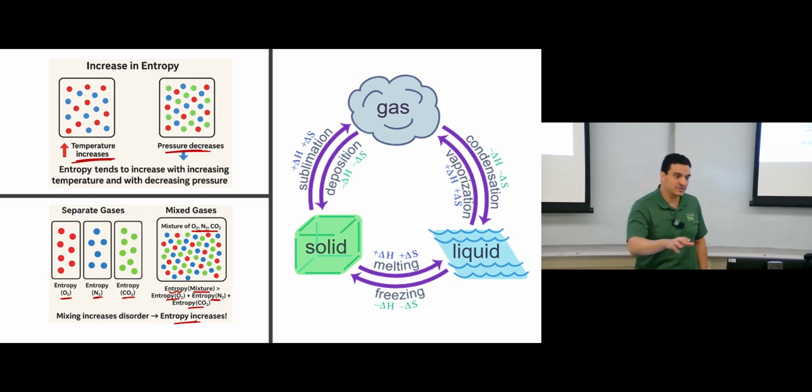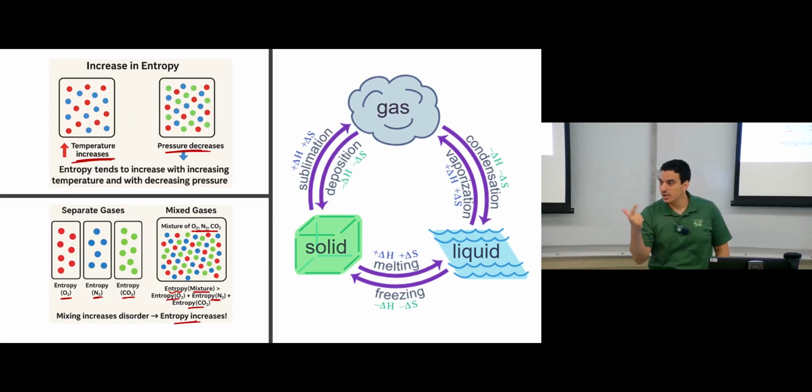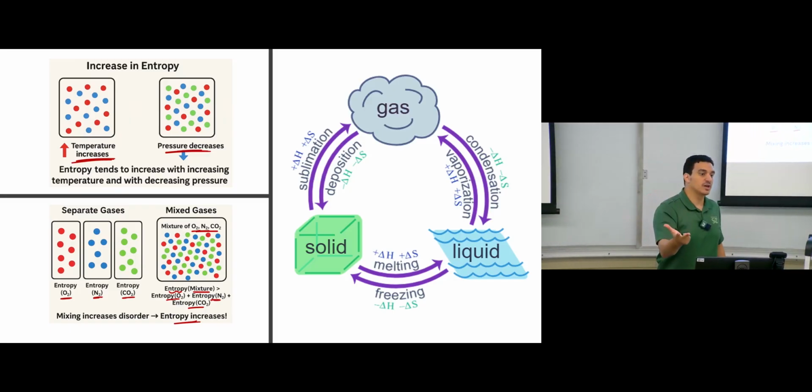So according to phase, the entropy of gases is more than that of liquids, which is more than that of solids. If you have 2 substances at different temperatures, the one with higher temperature has more entropy. If you have the same substance at different pressures, the one with the lower pressure has the higher entropy. If you have different substances and you mix them, the resulting mixture will have entropy more than the summation of the entropy of each component alone. Okay, clear? Any questions?